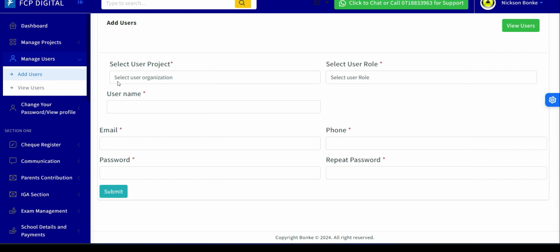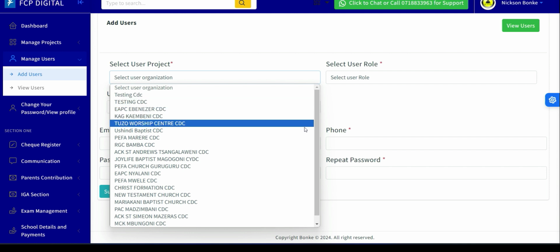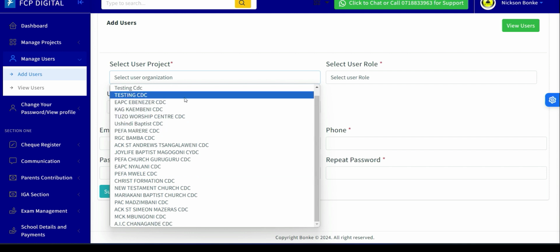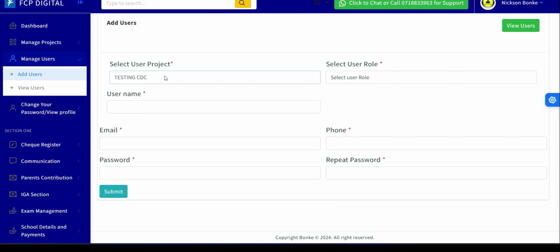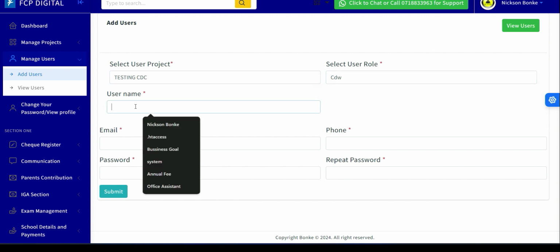When you click add user, you just come and select the CDC you've added. So this is testing CDC. You select that name, and then select the role. So you are adding a CDW, that's the admin. Then you'll say his name, like for example, this is